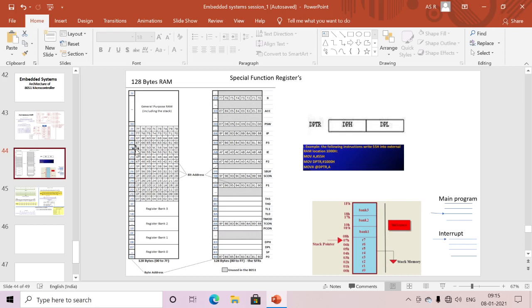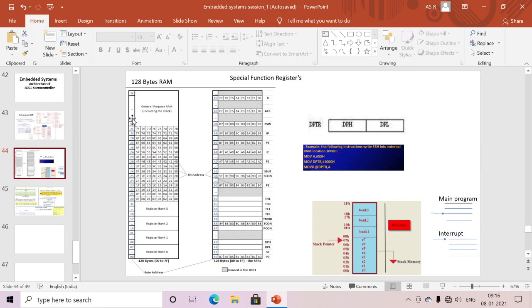Okay, here 20H to 2FH we have bit or byte addressing. For example, I can access bitwise as well as complete bytewise. For example, SETB 00H means this bit will be set to 1. Also, if I want to, MOV 20H, #01 means that also by using the byte address I am going to set this flag. That's why here we can use bit addressing or byte addressing. It is very useful: I can directly specify and set a particular bit using bit addressing, and also use byte addressing to modify a complete byte.